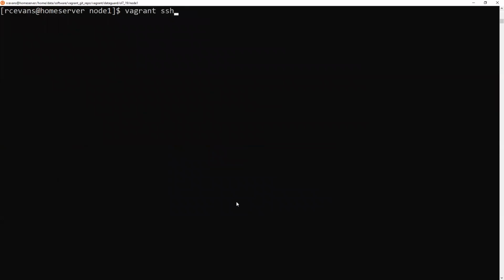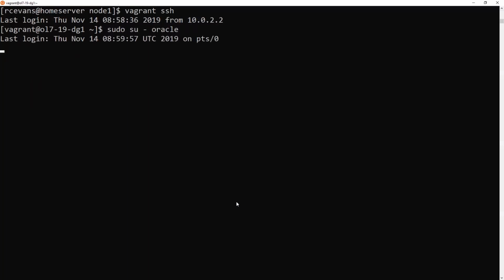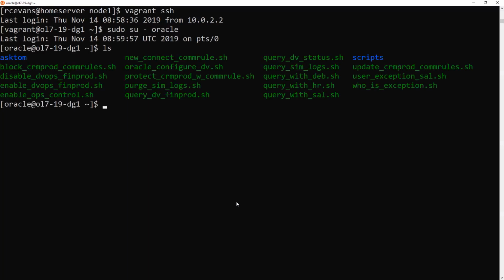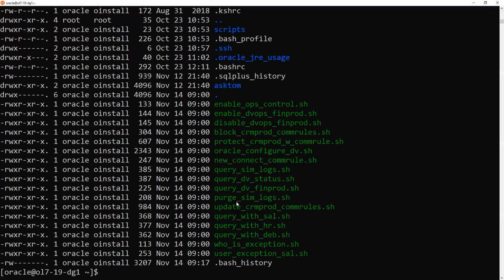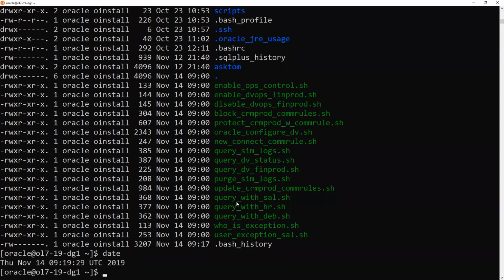All right, so let's get started on this. We use vagrant ssh to connect to it, and then we connect as Oracle. So all this stuff gets configured. I've got a bunch of scripts in here. I copied it to the wrong directory, I guess. All right, so let's see, November 14th. Yeah, that's right now. All right, so the first thing I want to do is connect to my